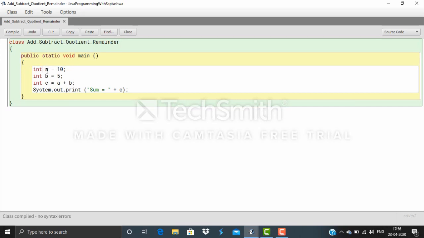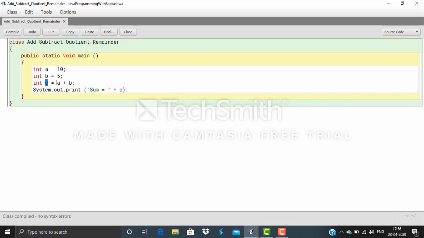In Java, we have to specify the data type of the variable, meaning what type of value I am storing in the variable. I have to mention that because the compiler has to understand whether in variable a I am storing a sentence or a number, that too a decimal number or an integer number. Since I am storing an integer number, I have to mention int before the variable a.